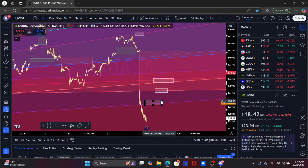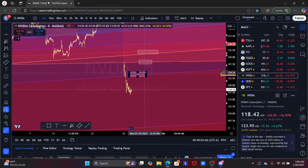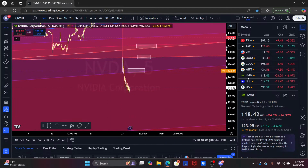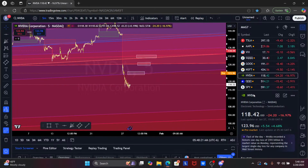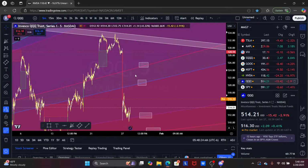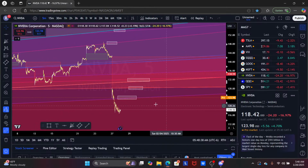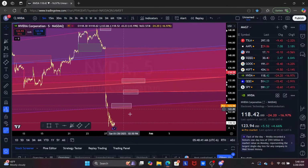Looked like we're retesting a previous support level, so we're definitely gonna watch and see how prices are gonna react here. But the bottom of supply starts around this 128 region. With the QQQ and the SPY both already retesting or trading inside of their supply levels, and NVIDIA hasn't even touched theirs yet, it's possible that it could be a laggard today. Semis could continue to lag, but